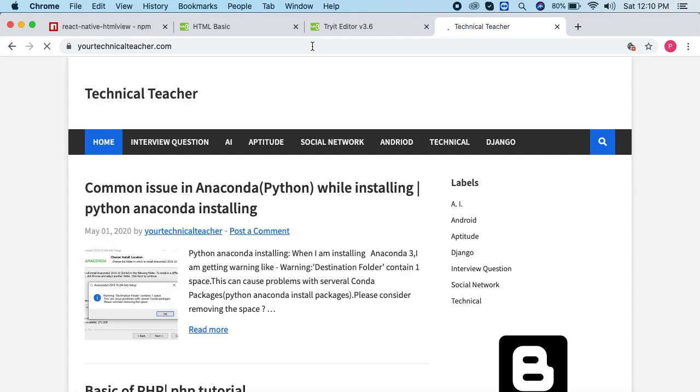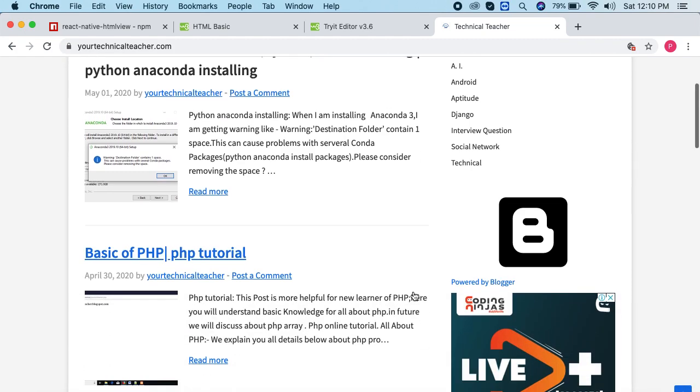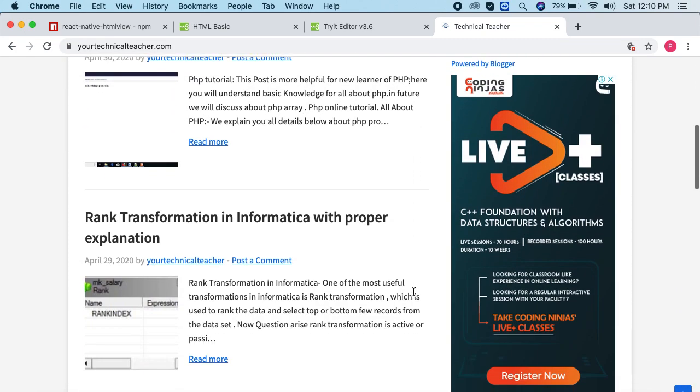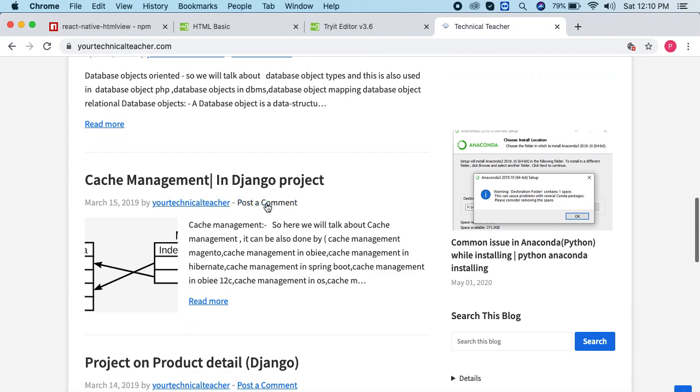It contains a lot of theory, like PHP tutorials and proper information about technical queries, and the Django project.